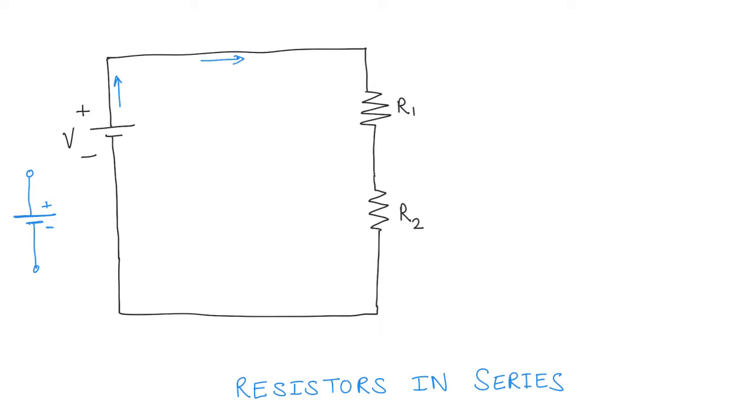It goes through this wire, flows into the resistor, and the same current that is flowing through resistance R1 also flows through resistance R2. And it has to, because there is no place for the current to drop off the circuit, since there's no other path for the current to flow. Neither is there anything here that is going to store the current and keep the charge, right? So the current has to be the same, and it flows through R2, through this wire, back into the power supply. So the same current I, let's call it, flows through the resistance R1,